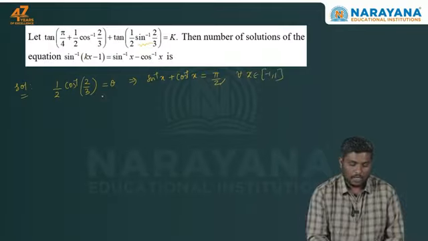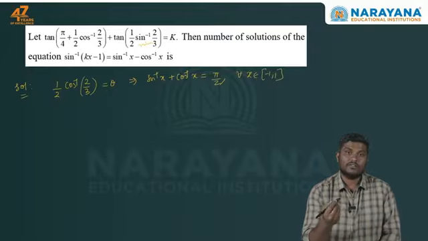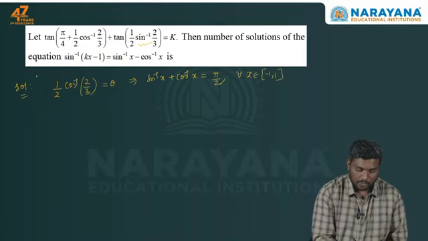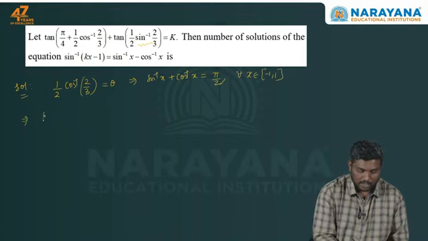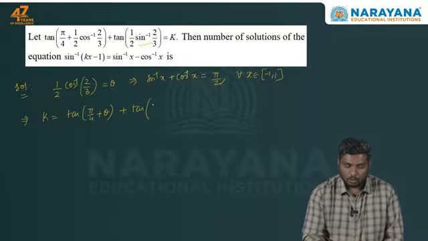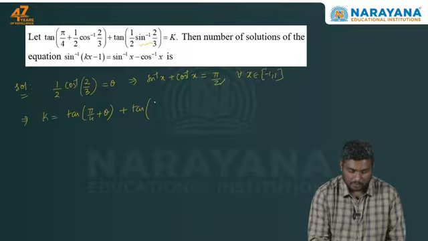So here I can express half sin inverse 2 by 3 as pi by 2 minus theta. Then this converts the equation to k is equal to tan(pi by 4 plus theta) plus tan, so pi by 2, here what I have is 1 by 2